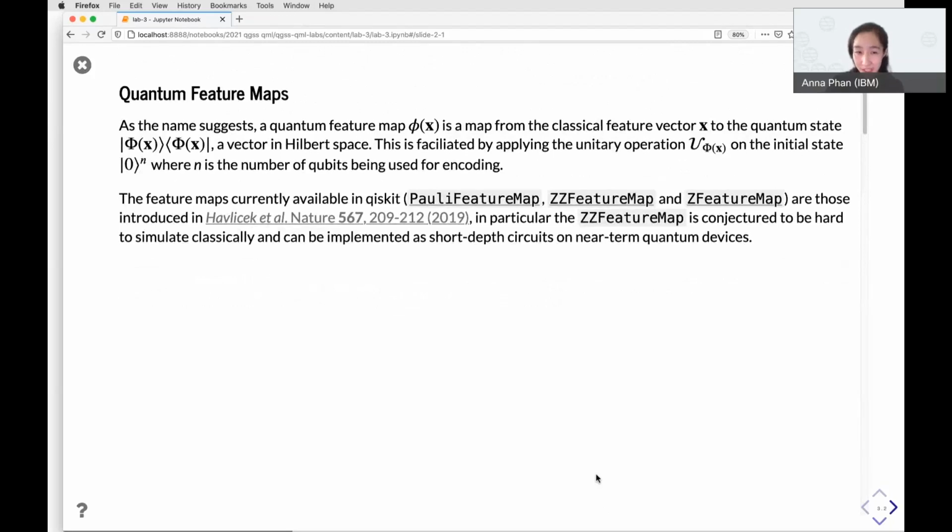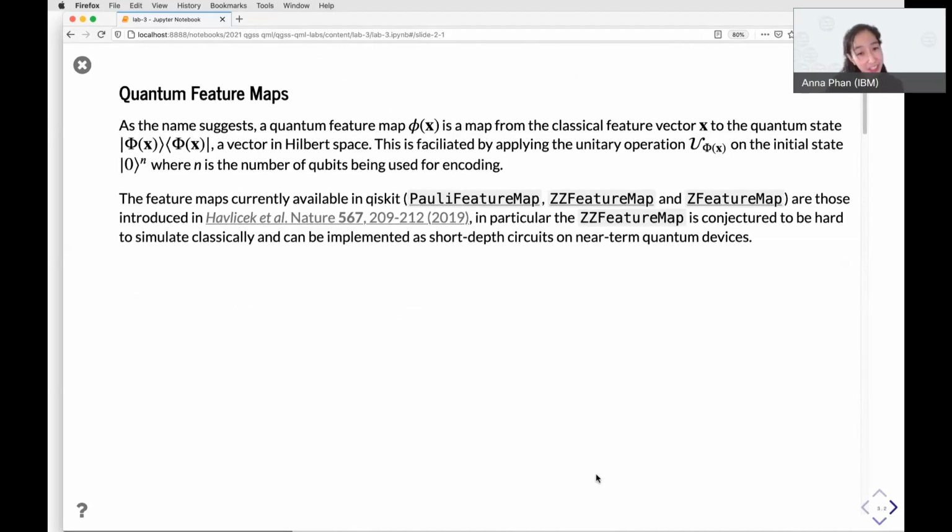So as the name suggests, a quantum feature map is a map that takes a classical feature vector to a quantum state, a vector in Hilbert space. This is facilitated by applying a unitary operation on the initial state, where n is the number of qubits being used for encoding.